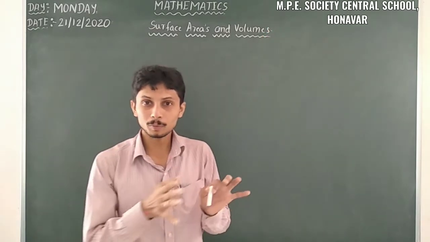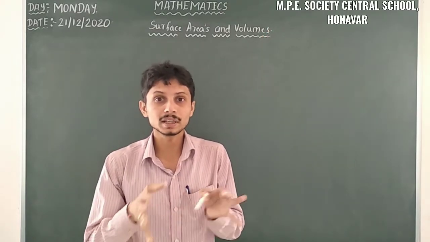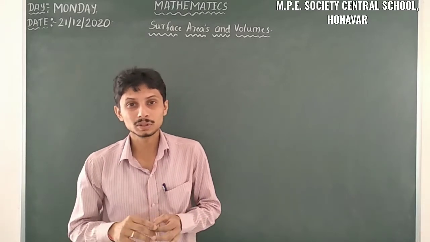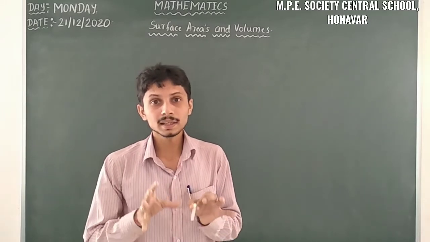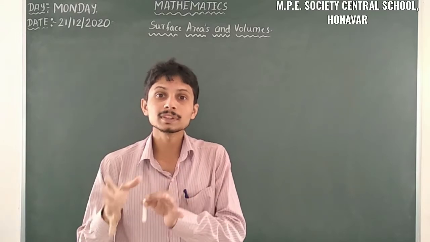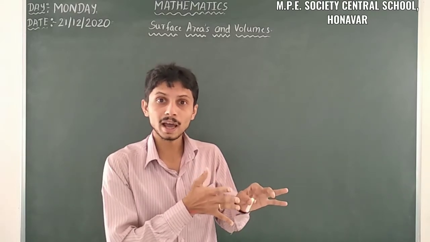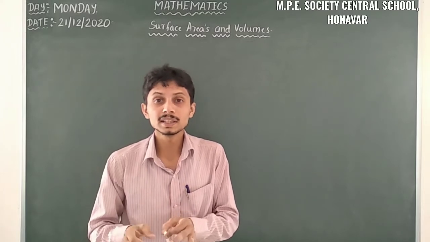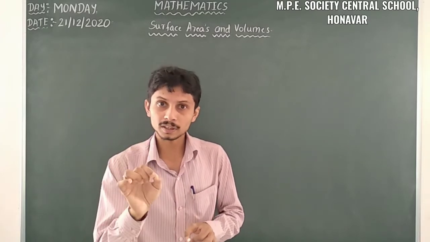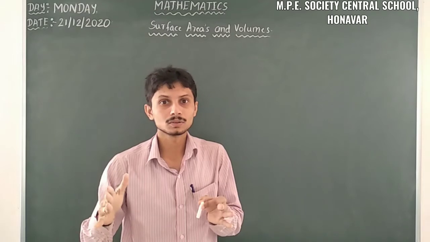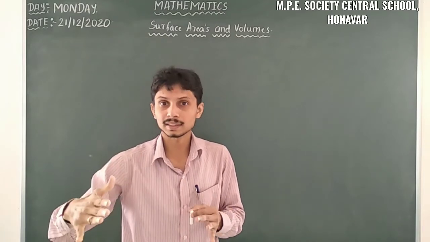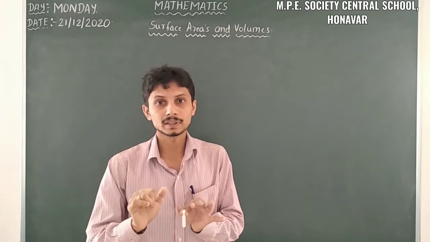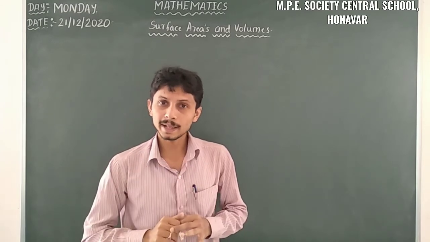Yes, we already know about mensuration. In that, we are dealing with the area and length and breadth. Likewise, here also we have to do the same thing, but here we are taking three-dimensional figures. In mensuration, we have two-dimensional figures. Here we have three-dimensional figures. That means from a point or from a vertex, three lines are going, or three edges are there. Three edges emerge from a single point in any three-dimensional figure.